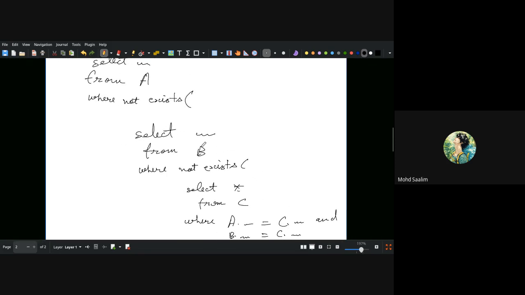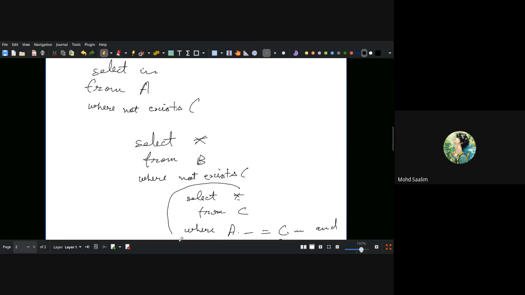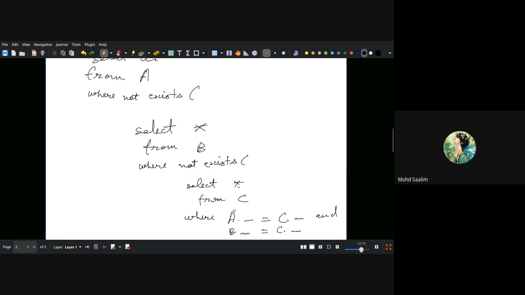So to understand what is happening here, assume you have three tables, A, B, and C. And C contains some common attributes between A and B. You are saying that I want to select something from table A where there does not exist a collection from table B, where again there does not exist a whole collection from a relationship set C, which is matching the common attributes from A and B, which means it is matching the relationship.